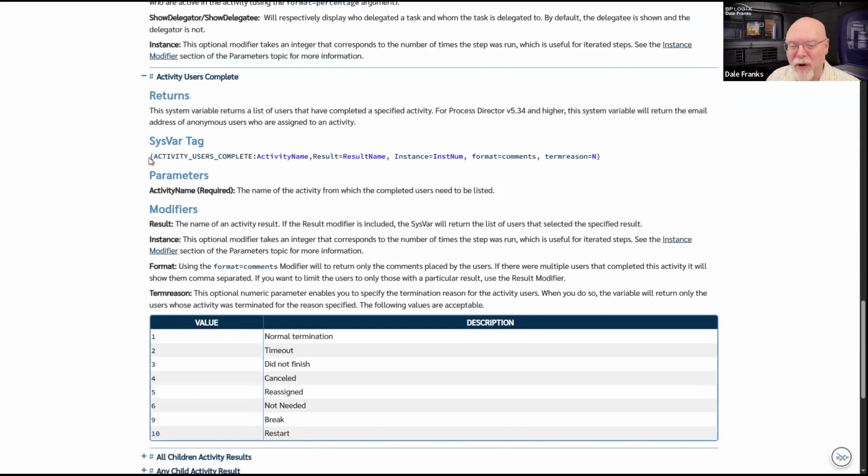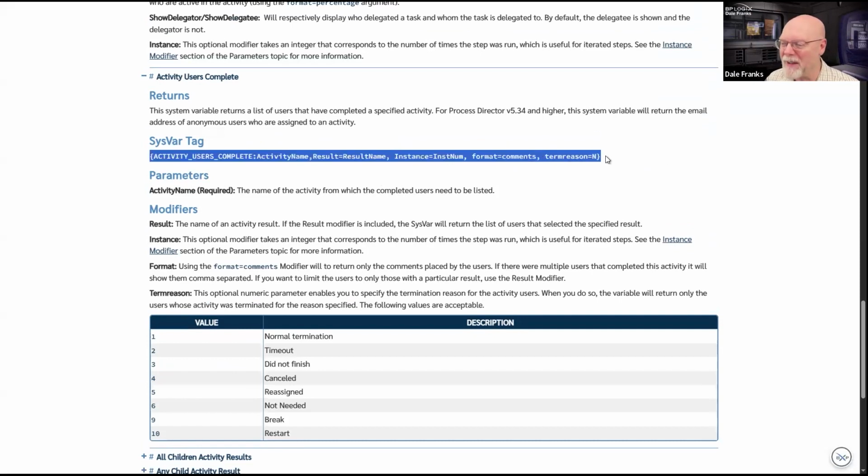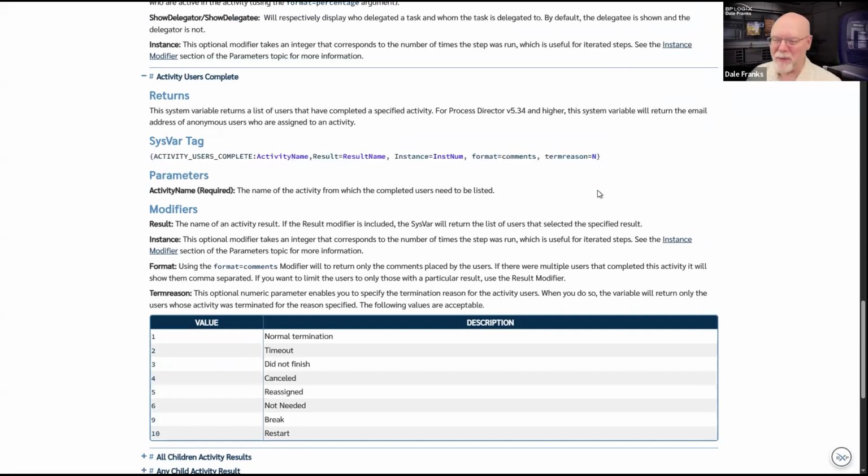This system variable is a little weird, and this is why it's hard for me to find, because it's always buried in here. I never can remember where to find it. This system variable by default returns a list of all the users that have completed an activity. So if there were 10 users assigned and 10 users who complete it, you'll get a comma separated list of those 10 users.